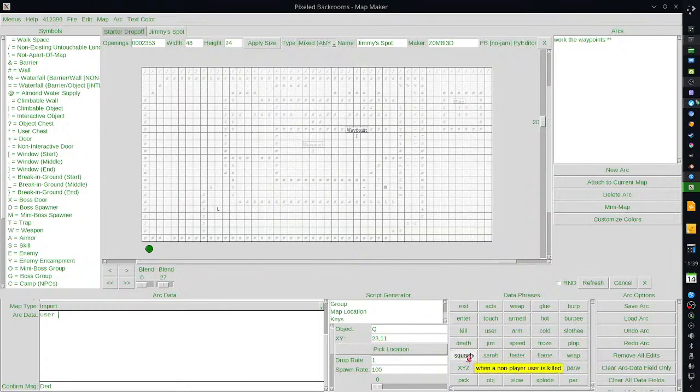Okay, so squash when a non-player user is killed. When a player user is killed. User squash. So if the user dies or a non-player dies, isn't there another way to say only the active Sarah? Alright, so if Sarah dies or the user dies,